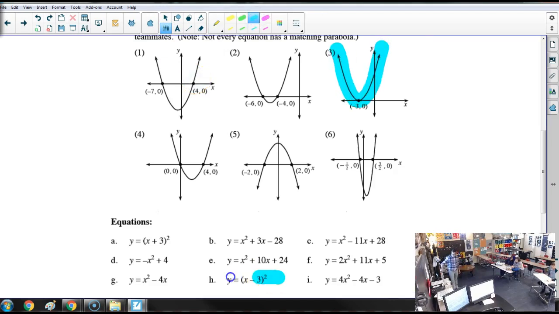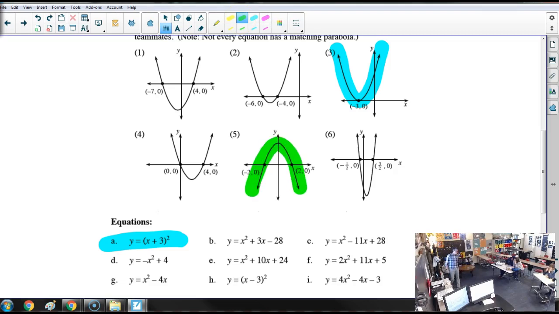It would be perfect square. It wouldn't be negative 3, because it's the opposite of the x. Good catch, it becomes positive 3. Do not fall in the trap. People will look at negative 3 and say, oh, it's got one zero, and they will choose H. It is not H. It's the opposite of the x, so 3 matches to A. If we see that it is this direction, what should that tell us? Negative.